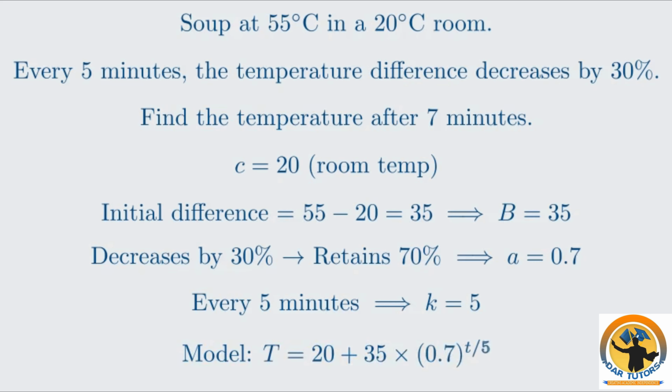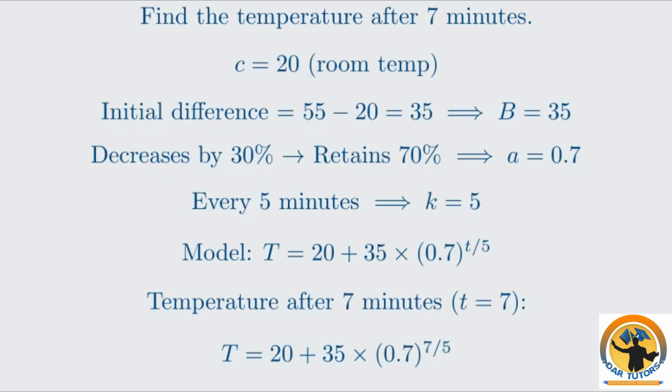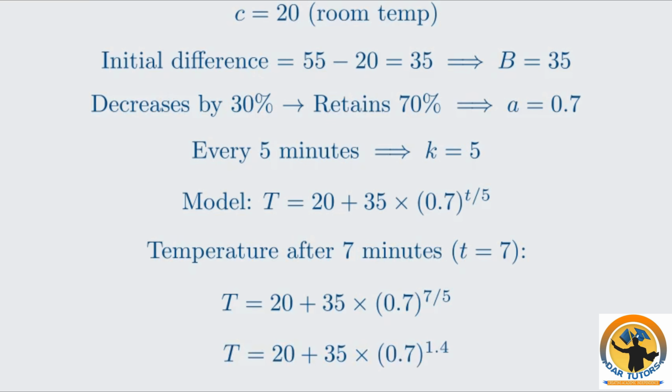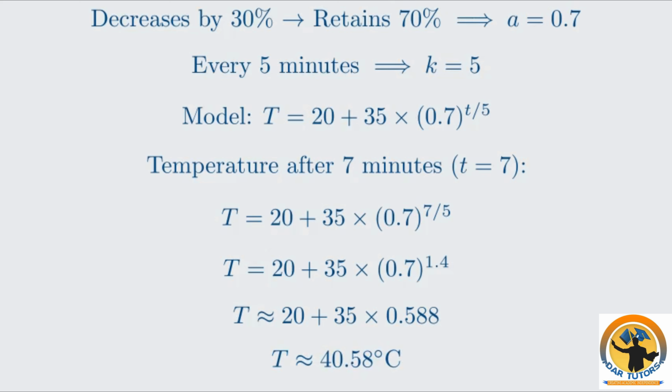Our model for the temperature T is T equals 20 plus 35 times 0.7 to the power of t over 5. Now we need to find the temperature after 7 minutes. We substitute t equals 7 into our model. T equals 20 plus 35 times 0.7 to the power of 7 over 5. This is 20 plus 35 times 0.7 to the power of 1.4. Using the calculator, this is approximately 20 plus 35 times 0.588, which gives us a final temperature of about 40.58